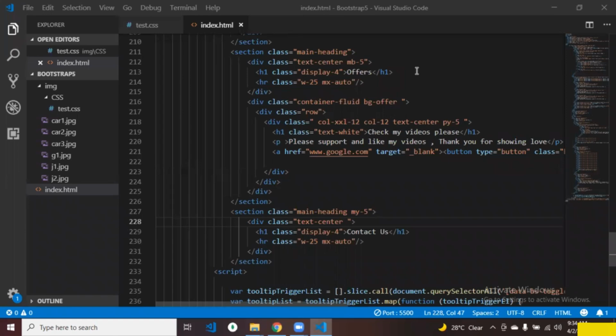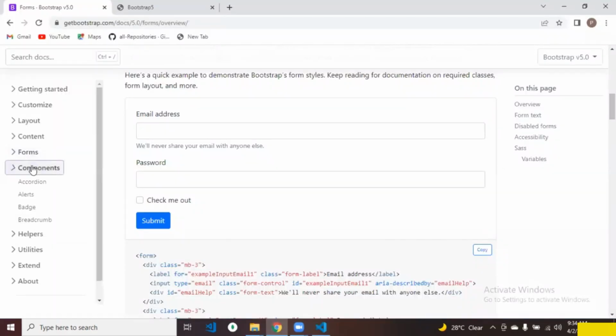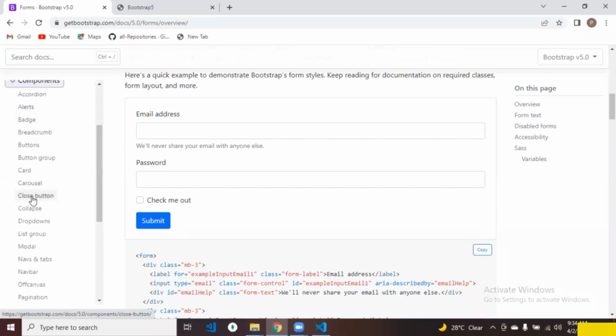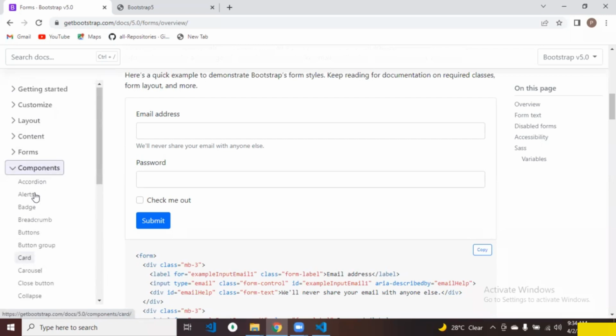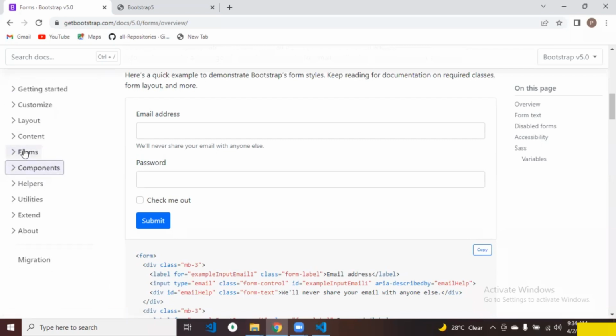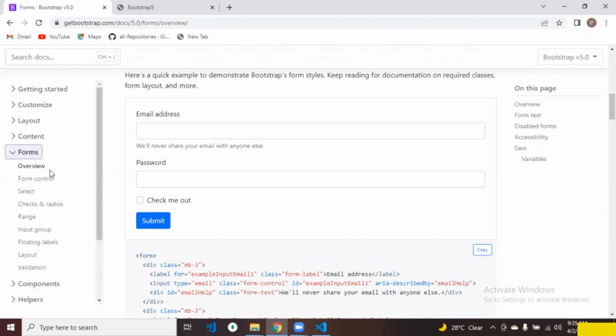Before, when we used to work in Bootstrap 4, forms was in a different component, like a section in the component itself. But now in Bootstrap 5, they have separated forms from the components and kept them at the components level itself. Like here, you can see forms. So we'll just go to the forms now,